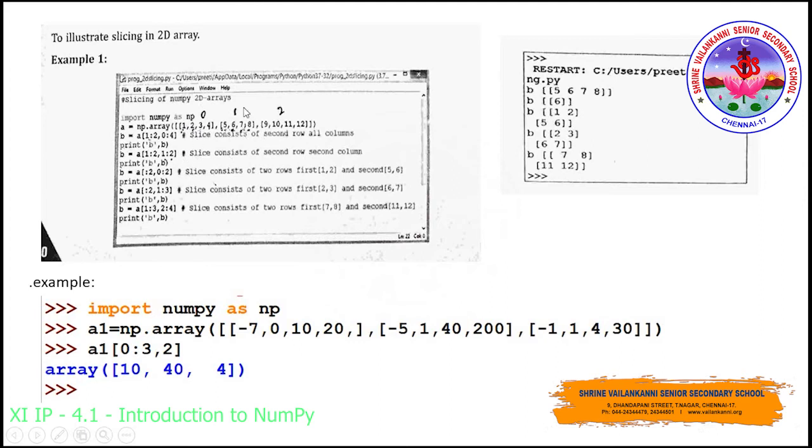So 1:2 means starting from first index till second index. So 1 less than the last means only this 5, 6, 7, 8 I will be using. In that, how many elements am I going to access? 0:4. So starting from the 0th index till 1 less than the last, fourth index. So 5, 6, 7, 8, everything will be retrieved over here. If I give print, B has been given as a string, so this B gets printed as such, and this B represents the variable from which I'm going to access. So 5, 6, 7, 8 will be retrieved.